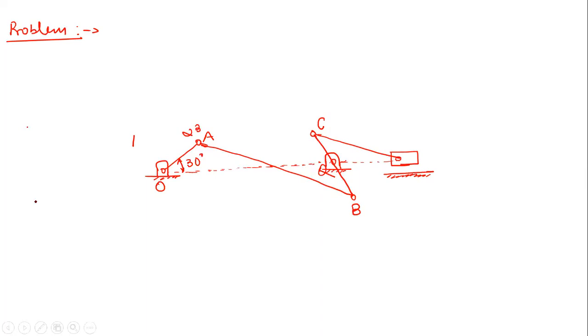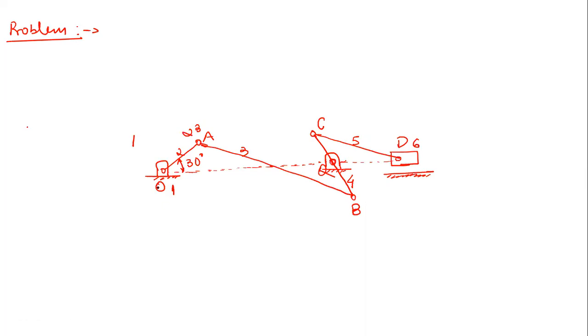Okay, so now this is a six link mechanism which is provided to you, right? So the dimensions OA, OB, AB, BC, and then CD, all these are given to you. Now let us quickly name these links. One, then this is your link two, three, then you have this link four. So this link BC is a single link, always remember. It is just pivoted at this point. So don't consider that link CQ and QB are different. Both are the same, it is just pin jointed at this particular point. Now you have this four, then five, and then six.